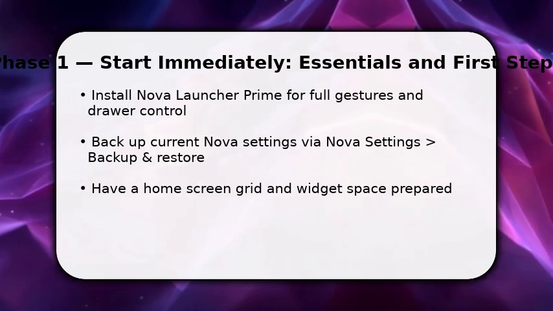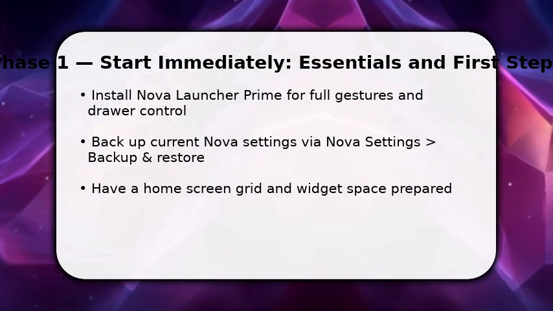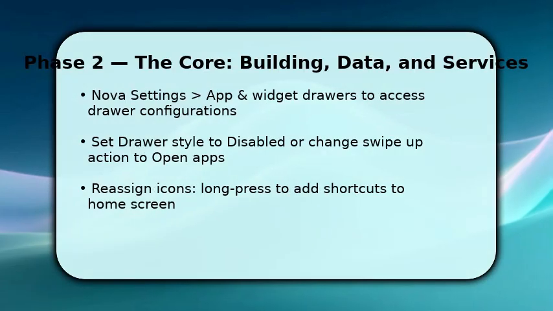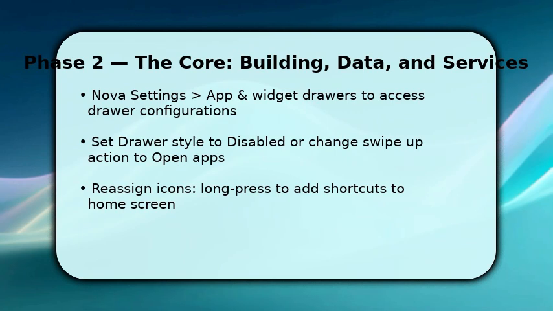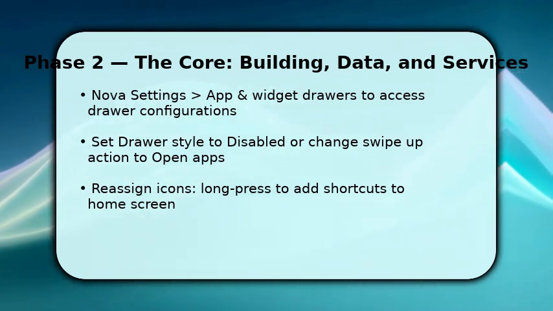Then return to Nova Settings and get ready to change the home action and gesture behavior. This is where you remove the drawer. You'll now remove the drawer by opening Nova Settings and choosing App and Widget Drawers. Change the drawer preference to Disabled, or better, reassign the swipe up gesture so it performs nothing or opens an